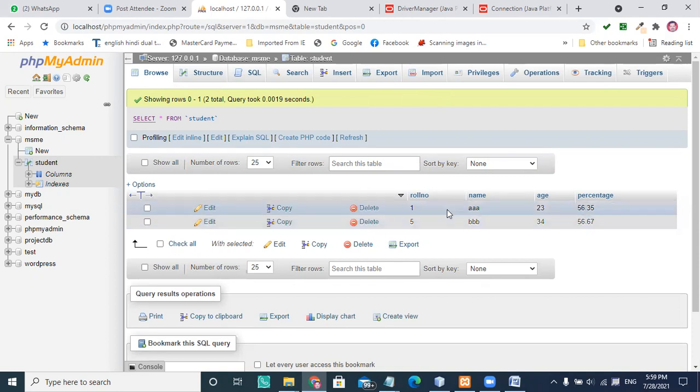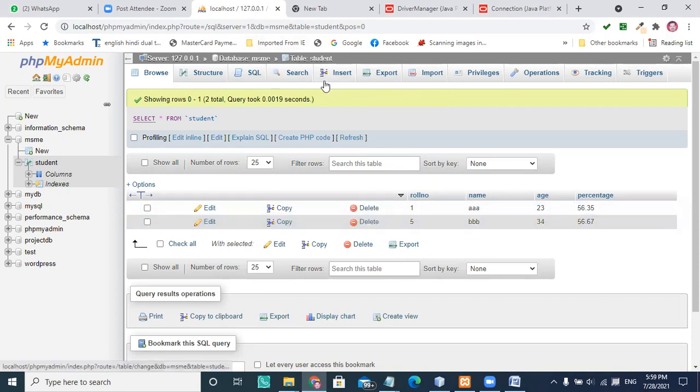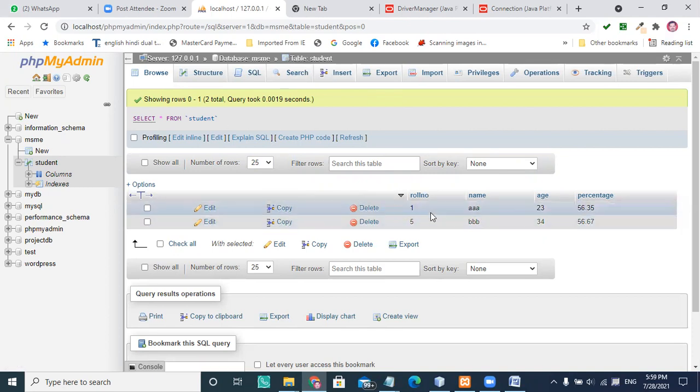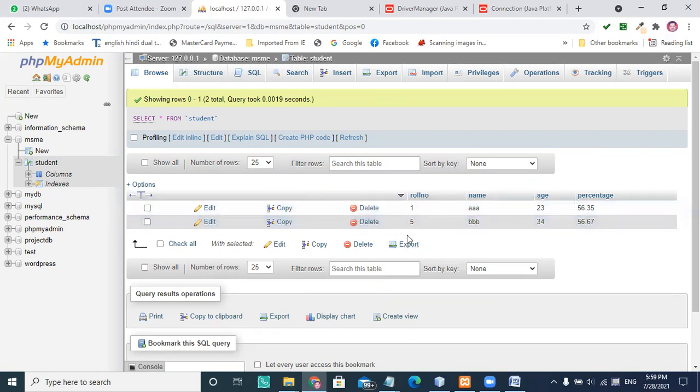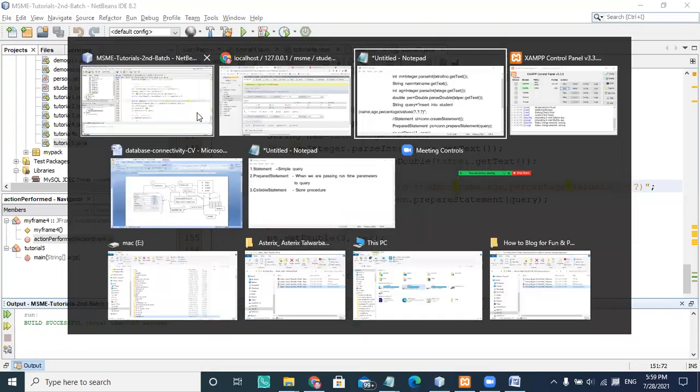If you want to reset those numbers, you can alter the record count by firing a query and it will start from 1. So whenever I insert the third record, it's going to choose 6 automatically because of the auto record.